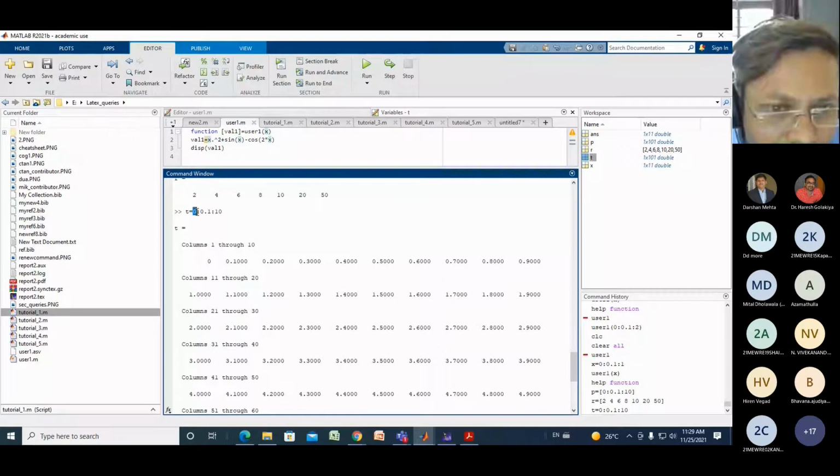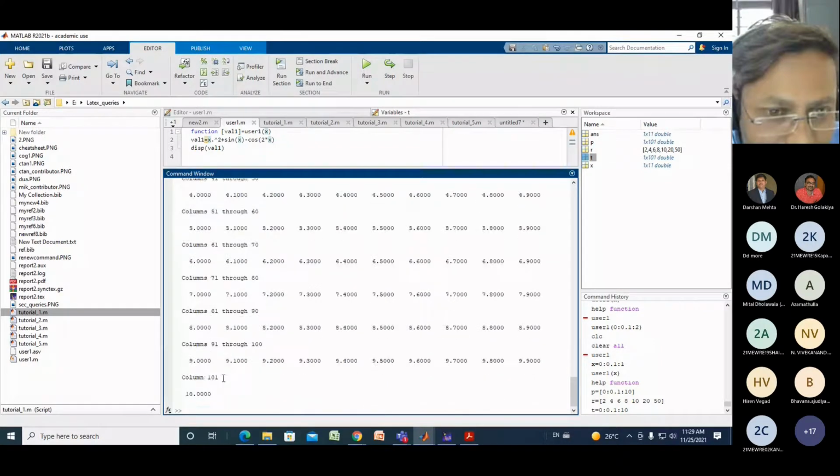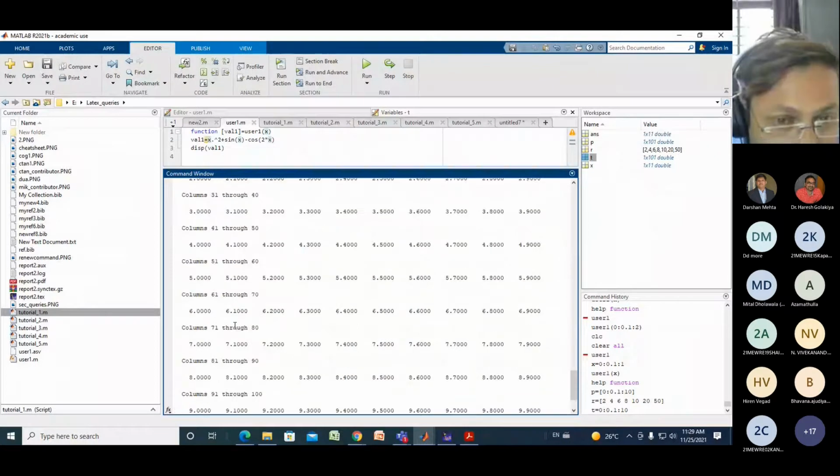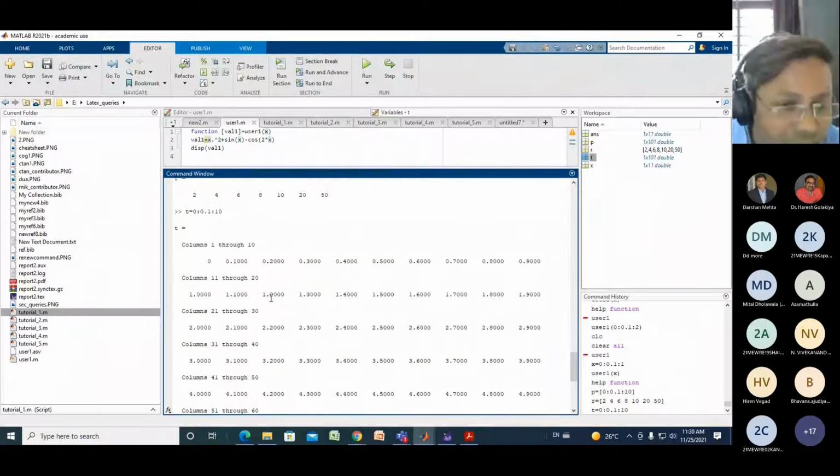Here I have written 0, which means column 1, and the value of column 1 is 0, and the last is 101. The last is the 101st value, and the 101st value is 10. So every time MATLAB takes every variable as a column. That's why it is known as a matrix, because it treats everything in the form of columns only.